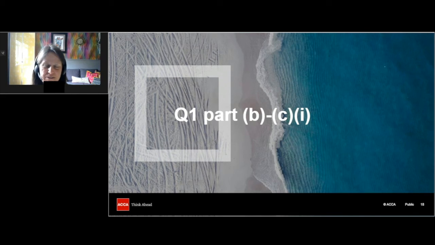Okay, so some really key points there, making sure that you focus on the requirement and also make sure that you apply your knowledge. So it's the marks for application that are going to be the key to passing the exam. So there's just one more part of this question that I'm going to run through, which is the final part. Some of you have been asking questions about using the spreadsheet and how to use both the Word and the spreadsheet document. So hopefully, as I go through this final video clip on part C2, that should give you some ideas on that as well.